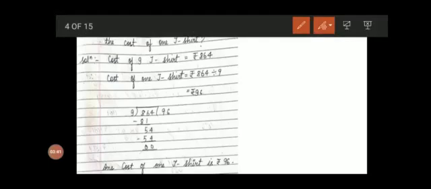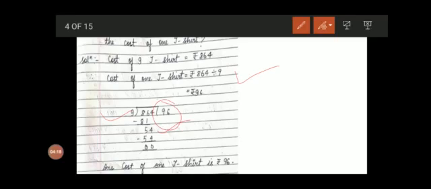And second statement, we have to find out the cost of one t-shirt. So we will write here cost of one t-shirt: 864 divided by 9. Now we will divide this number, 9 into 9, we get 81. 6 minus 1, 5. 8 minus 8, 0. Now 4 will be downside. It became 54. Now we will multiply 9 into 6. We get 54. 54 minus 54, 0. It means the cost of one t-shirt is 96 rupees.